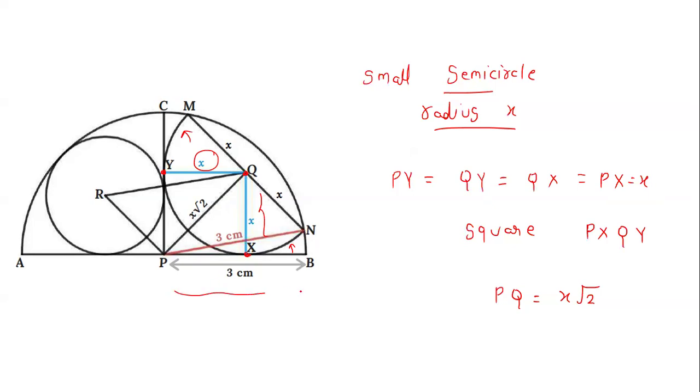And the PB line is touching this semicircle at the point X, and the CP line is touching this semicircle at the point Y, and this distance is x and this distance is x here. So QY is x and QX is also x. Now you see if this is x, then this horizontal distance is also x, and if this vertical is x, this vertical is also x, because PY is parallel to QX and PX is parallel to QY. So this PXQY is a square. You can easily see that this PXQY is a square.